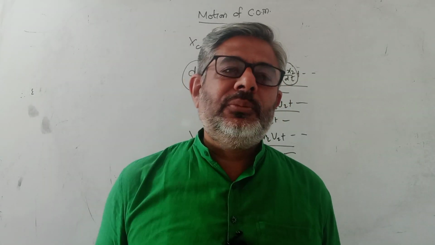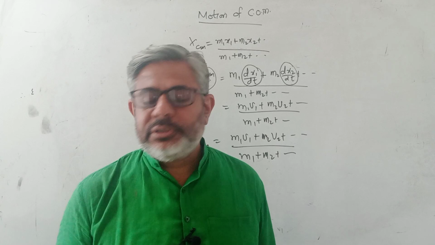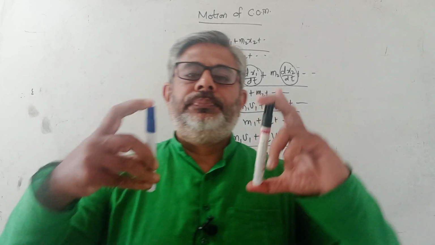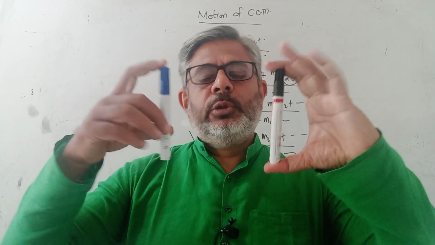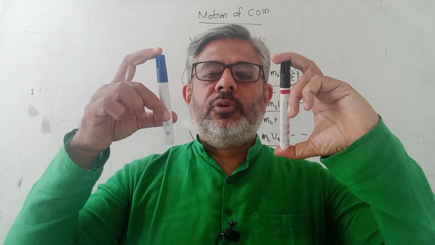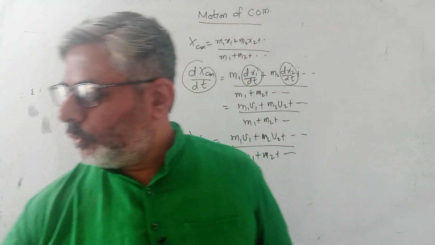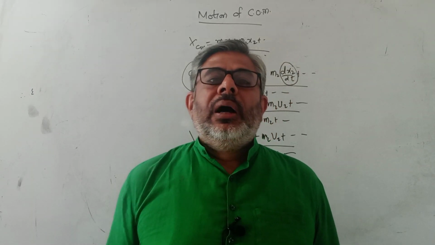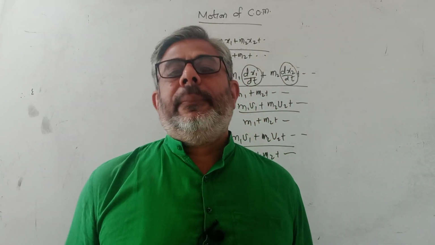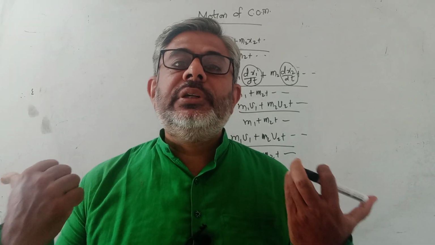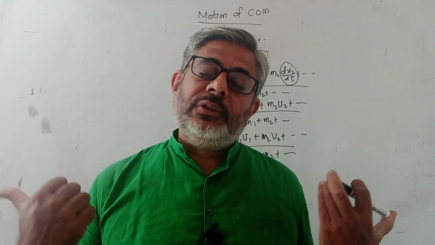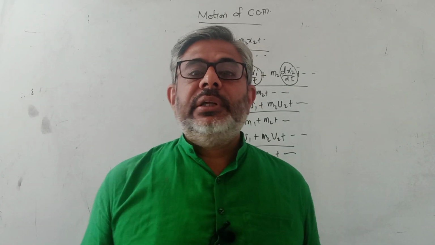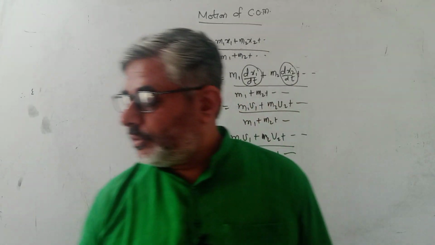That is why in the problem solving video I said understand the question properly. These are two equal masses, and these pens must be of equal mass approximately. They are moving in opposite directions. So what is the velocity of the center of mass? Answer of this question should be 0. Why? Because these are moving in opposite directions with opposite velocities, and that means the center of mass is not moving. So it's very interesting.